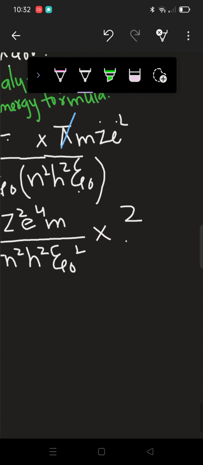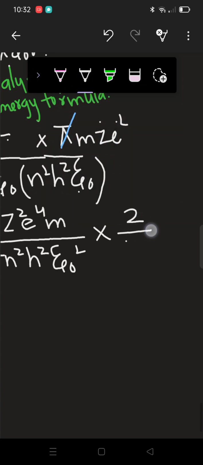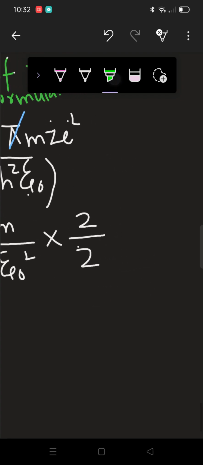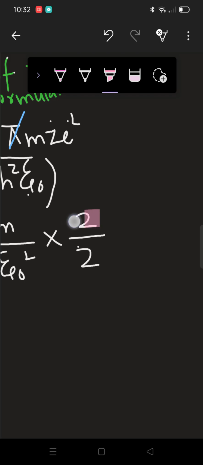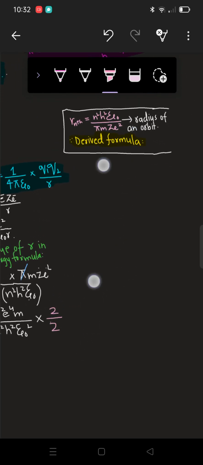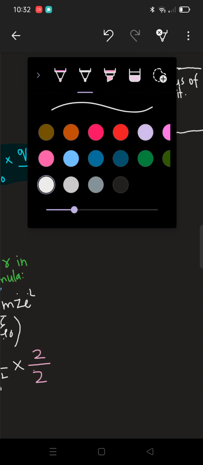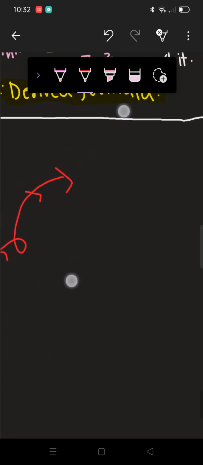Multiplying and dividing by 2, right? When we have multiplied, what we get here will be